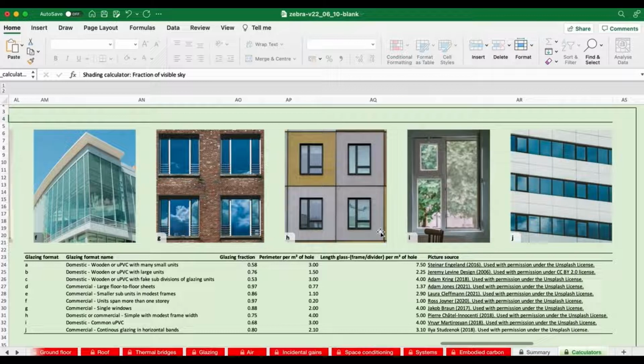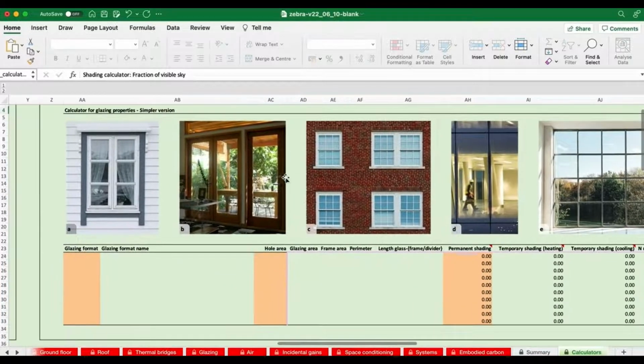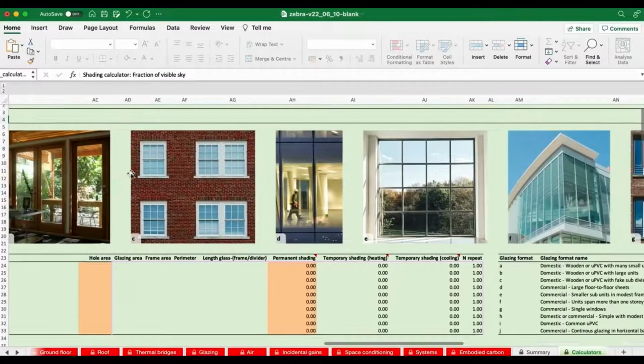If we just look at the type I next door here, and look at that top left window in type I, if you were to run the maths on that, you would find that half of that fraction of the window is actually plastic, not letting any light. A similar thing exists over here on window type A. There's more wood in there probably than there is glass, and you've got to get that fraction right.